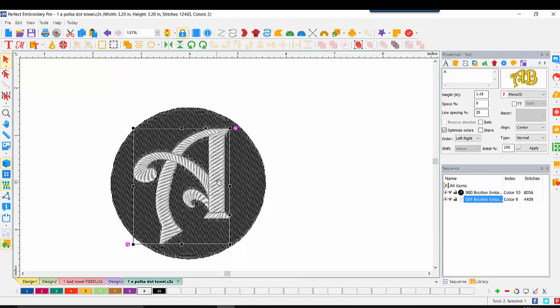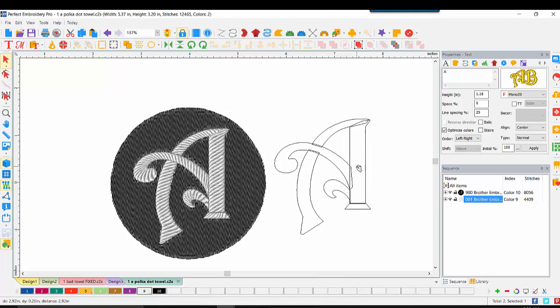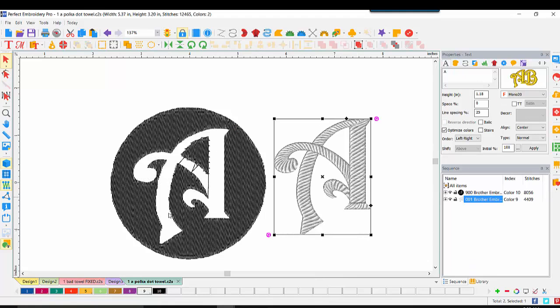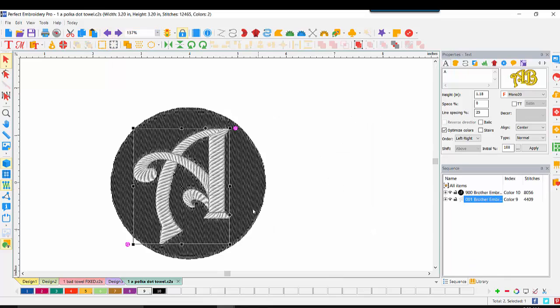We've used it many times in our videos, but again, what happens there is it's going to take out that heavier thread underneath my letter A. I'll do an undo to put it back in position. Now that I have my design as I wish, and I know that I'm going to be stitching it on